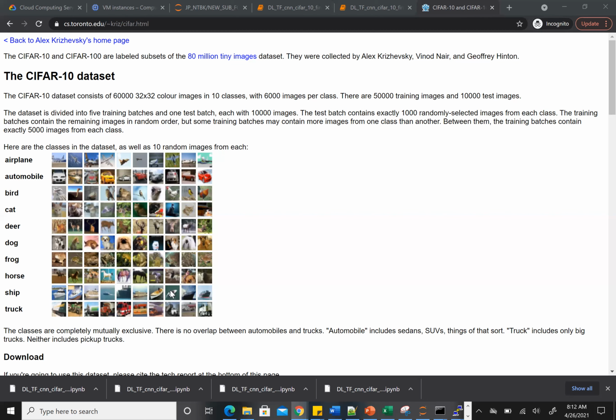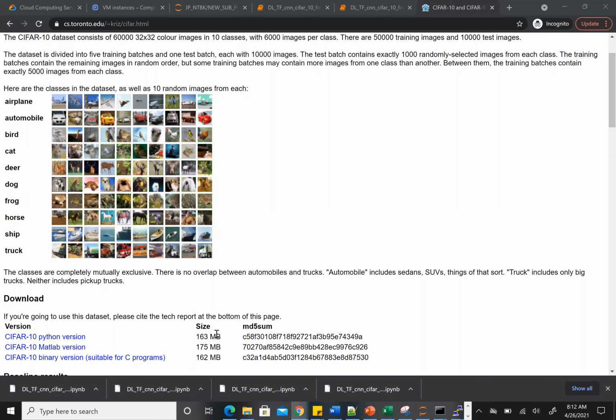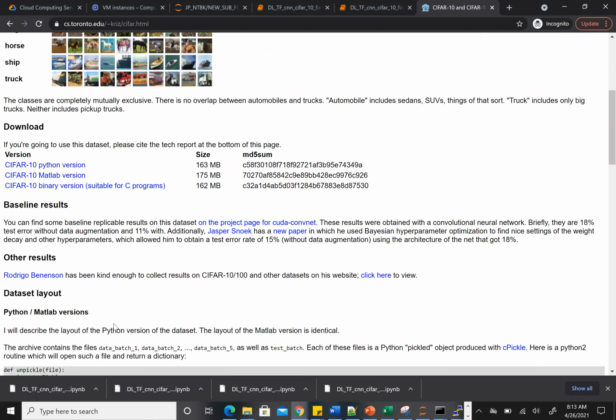An important point here is that the classes are mutually exclusive. That means an image can belong to only one class and cannot be included in two classes. So this is where you can download the data set. And the important thing about this